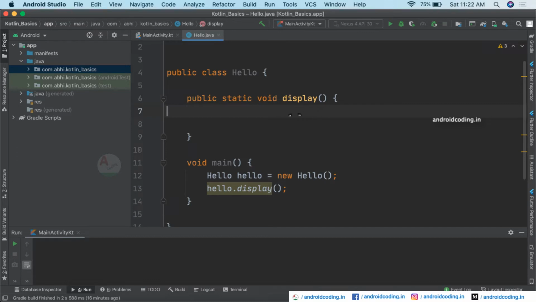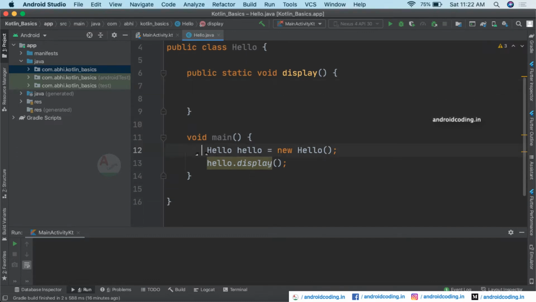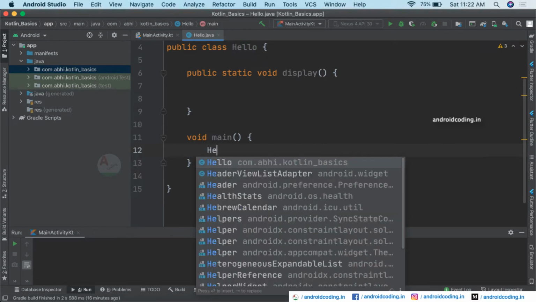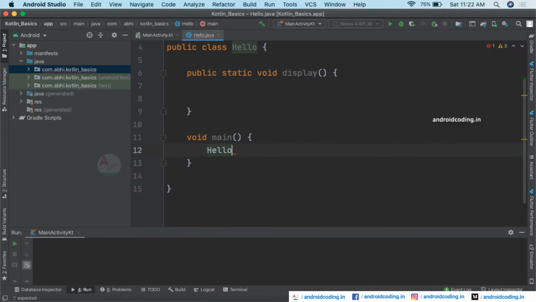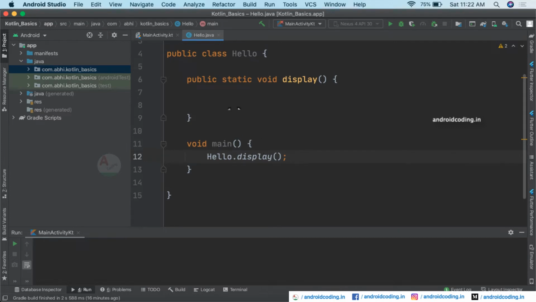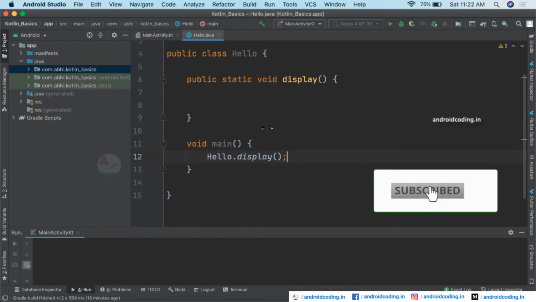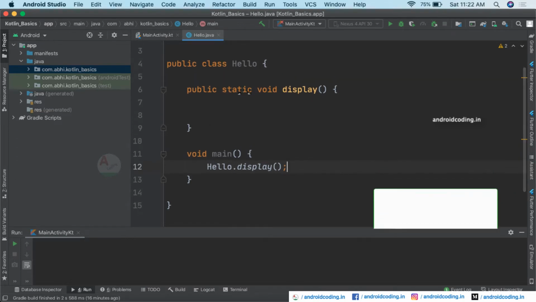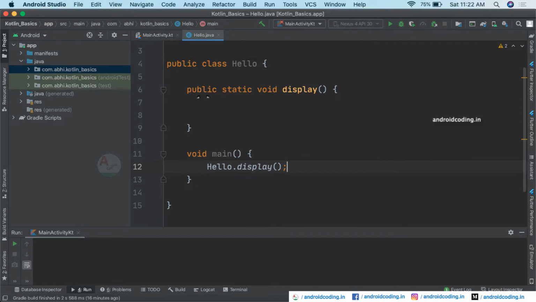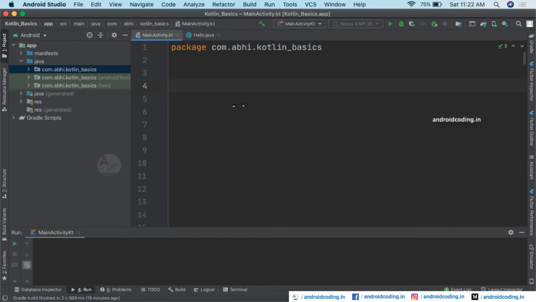This particular method is now a static method, and instead of this object creation here, you can just make use of the class hello dot display, and you can directly access the method instead of creating an object. This is the static method which we were discussing at the beginning of the tutorial, and I think you have got an idea of what a static method is and now how to make this possible in Kotlin.